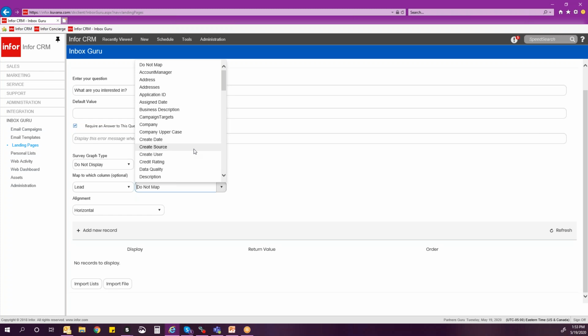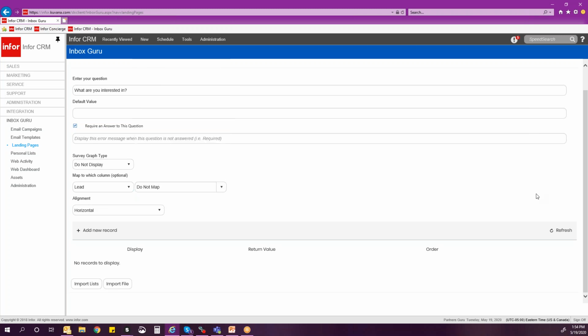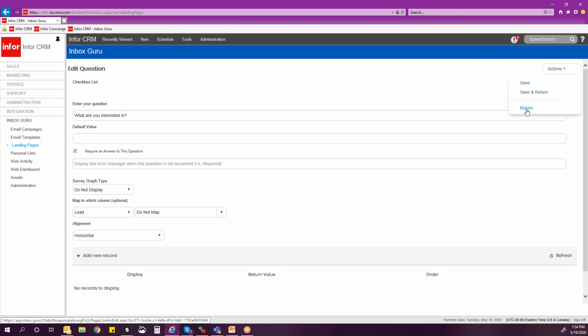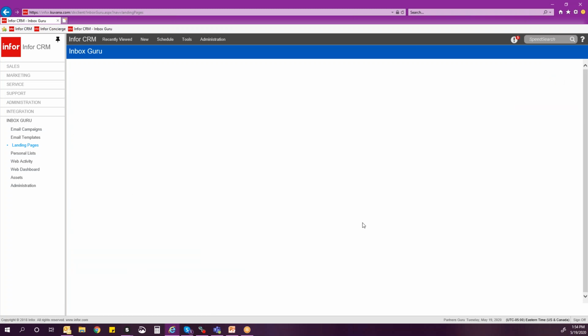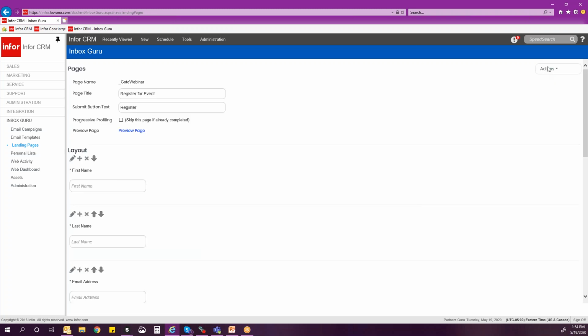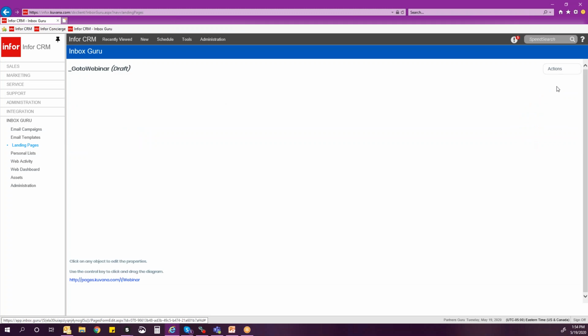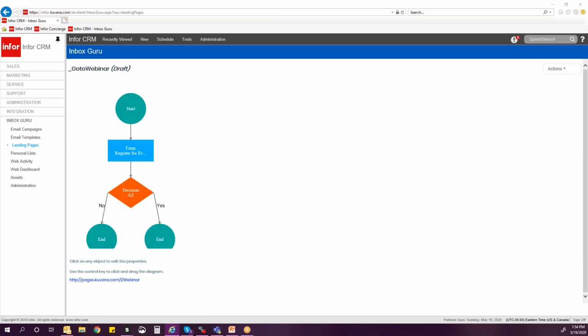So when you capture this lead, say on Facebook, it's going to go ahead and automatically map it in your lead section of CRM with all the information that they filled out on the form. So that's how you're capturing those leads with these forms. And as you'll see here, when you go to properties,